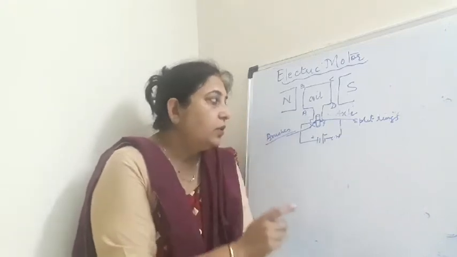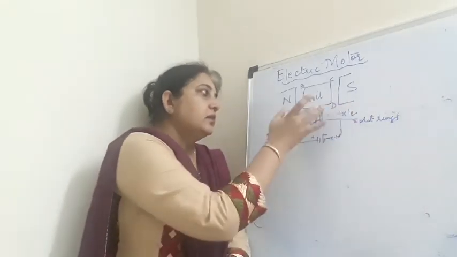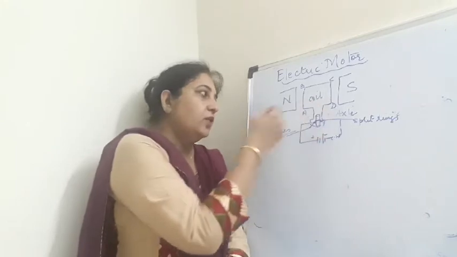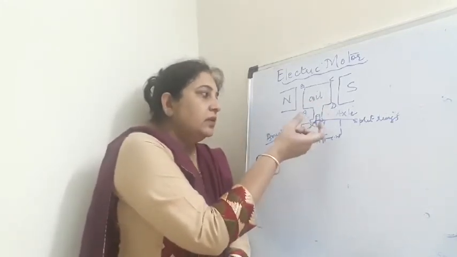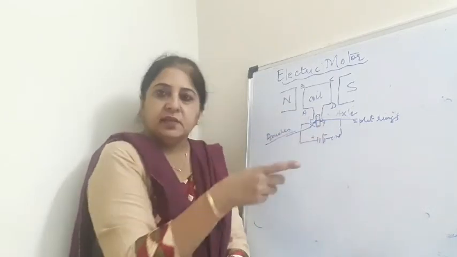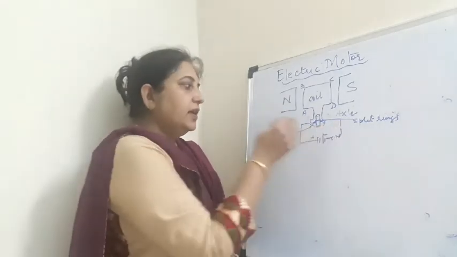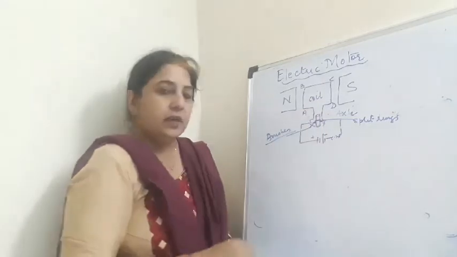You know that an electric motor consists of two magnets, a coil ABCD, a rectangular coil. Then there is an axle in between. Along the axle, there are split rings attached. Then the brushes are there, X and Y, and the battery and the key.